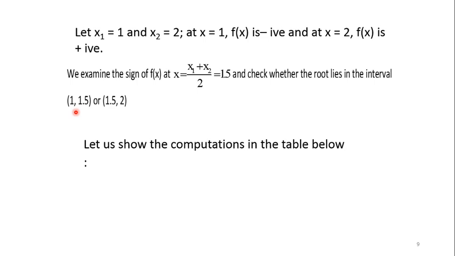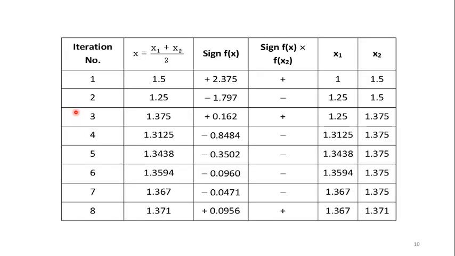Let us show the computation in the table below. We will continue this process successively. We explain it in tabular form. In the first column, you are having iterations. Iteration means how many times you will repeat this method. So first time 1, second time 2, third time 3, 4, 5, 6, 7 and 8 here. So for this we have already calculated the sign. The value of f(x) is 2.375. That is the sign of f(x), and f(x2) you will find the product is plus,